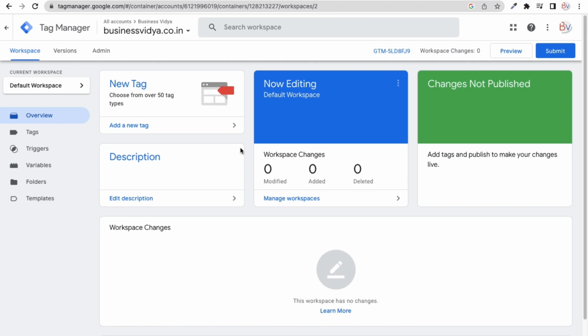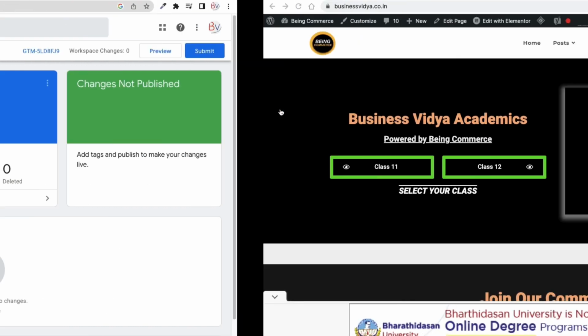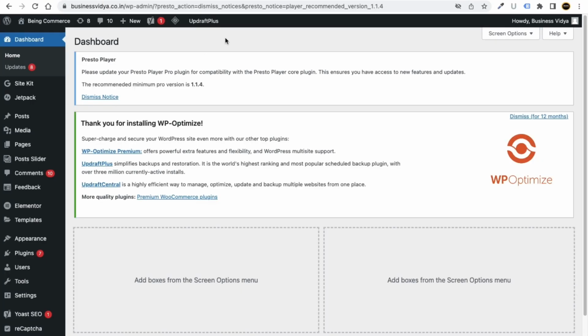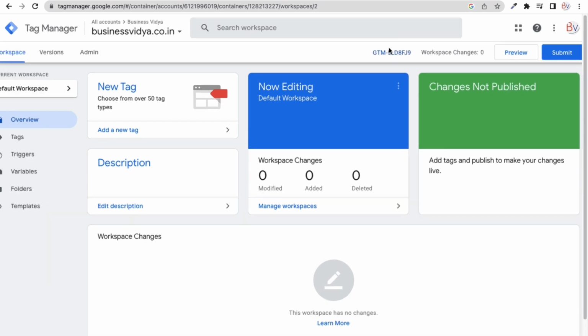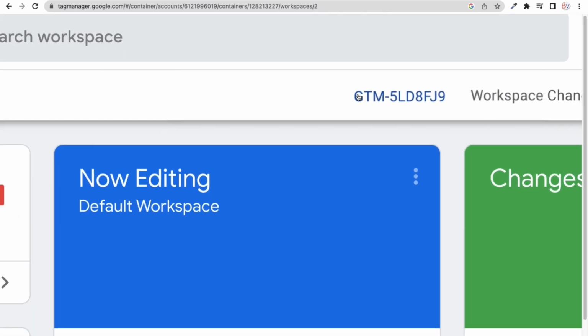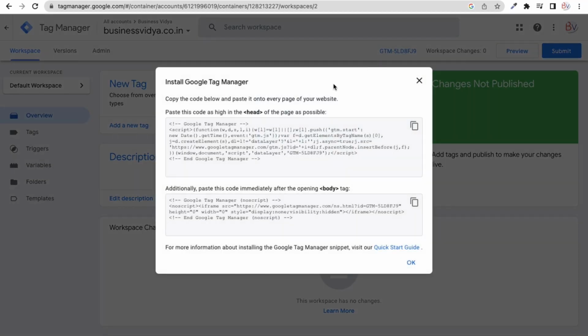So how can you connect your Google Tag Manager? It's very easy, my friends. For example, let's say you have a WordPress website. In a WordPress website you can connect using one plugin, or you can do a custom configuration. If you click on this here, you can see GTM, and you will also see some code related to this. It will give you a unique